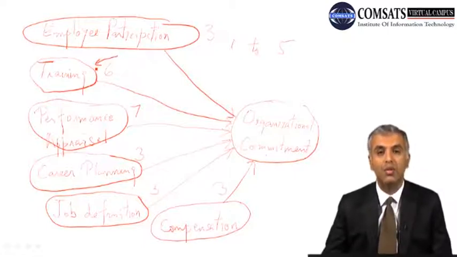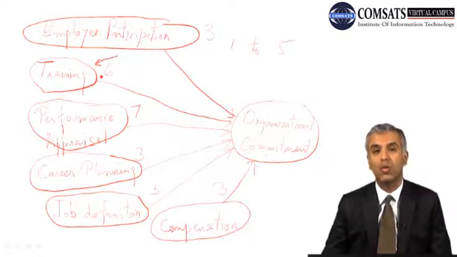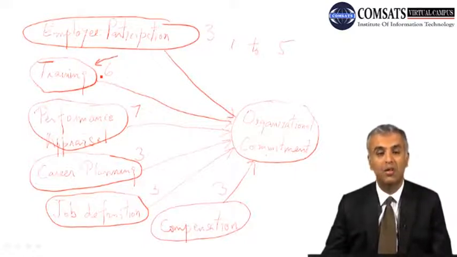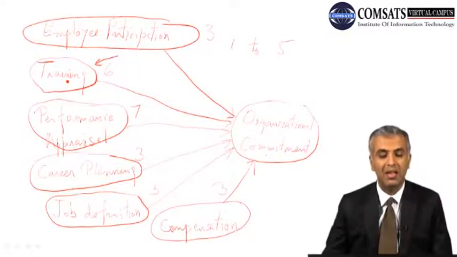Now how do we convert these 6 questions into a single construct, a single variable, so that training is defined as one variable? So what we do is